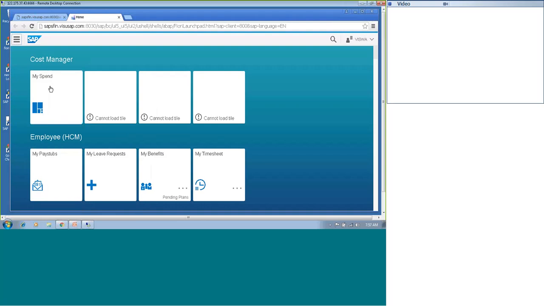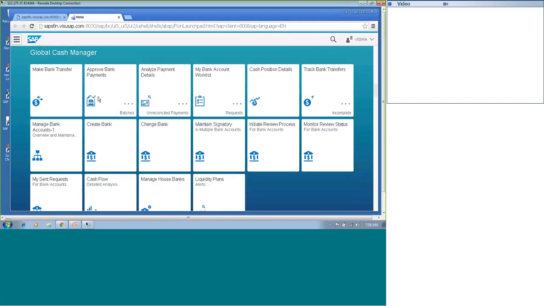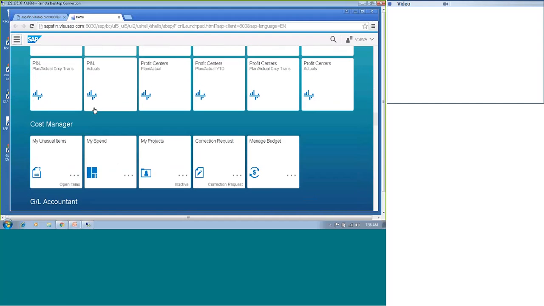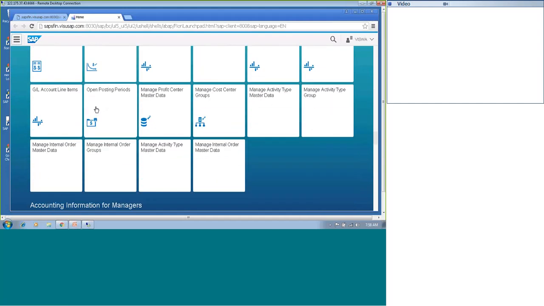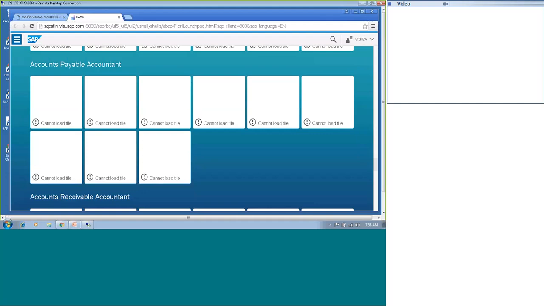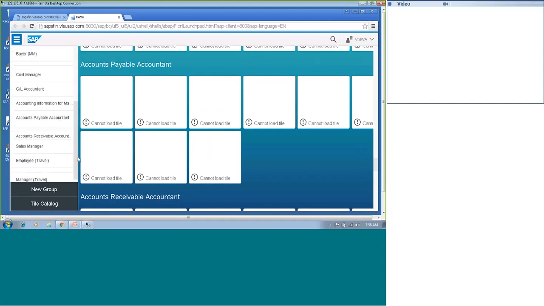So here cost management as employee base, so buyer, global cash manager, financial analysis. So here there is a step of reporting conditions. So these are all the various types of reporting condition sources.